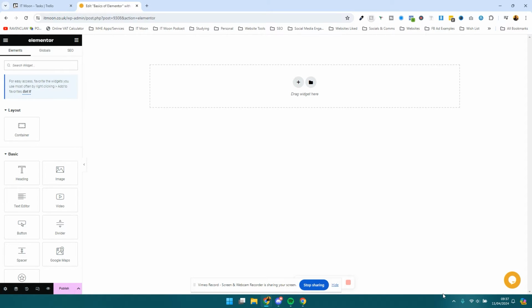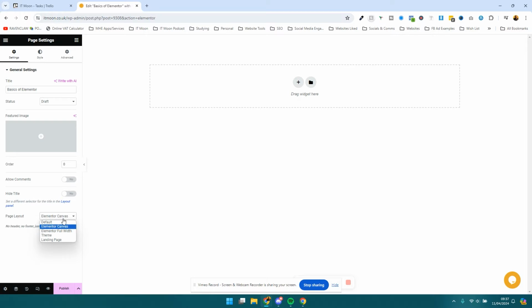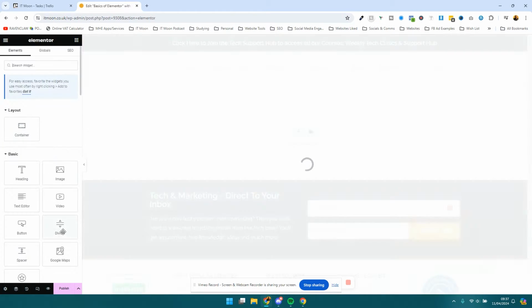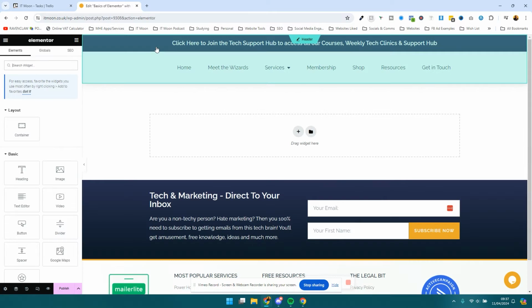It's just a blank canvas for us to work on. So if I was creating a landing page, this is what I would use. Now, the other one you have is Elementor Full Width. What that does is get rid of the sidebar. So you can see now we still have the header, we still have the footer, but we don't actually have